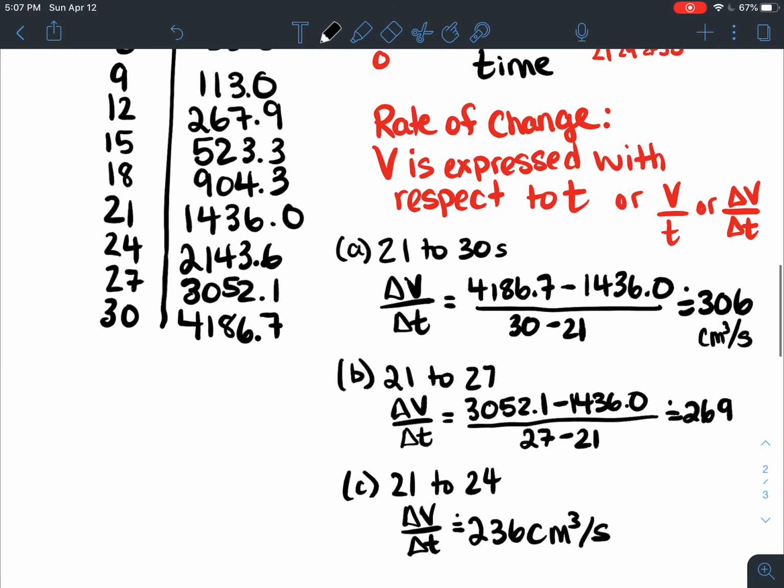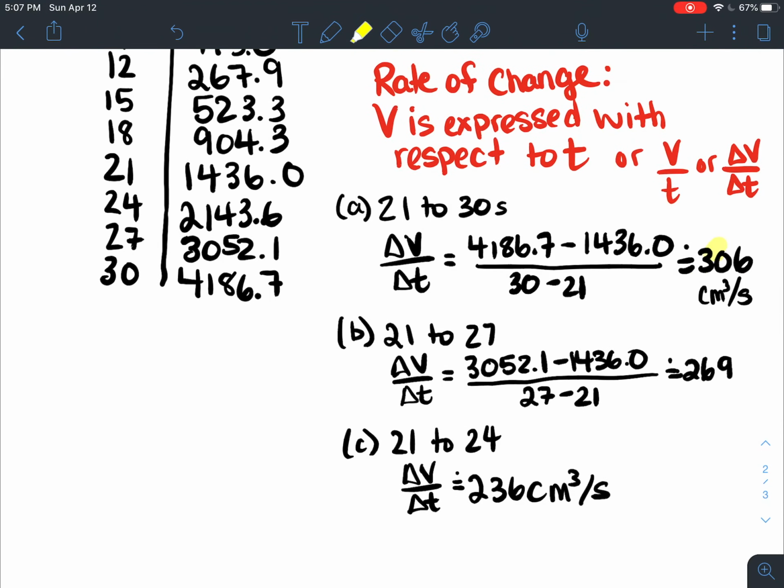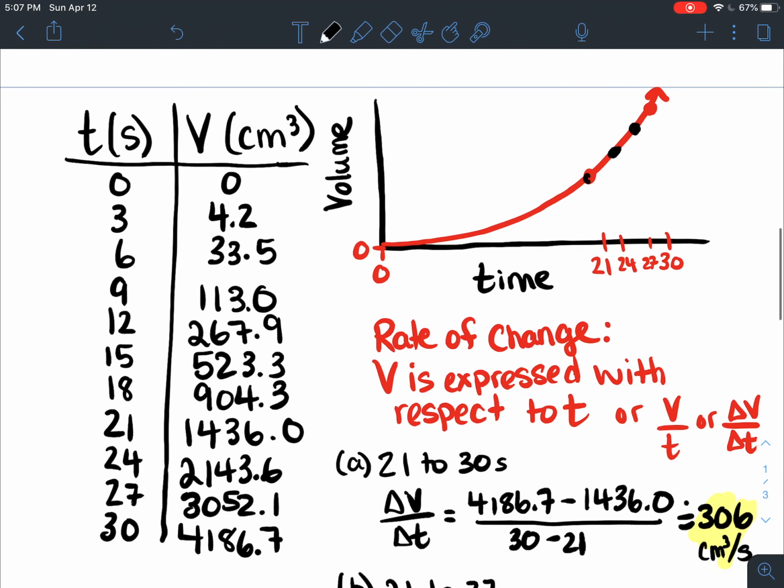So I've tried all of those average rates of change, and I've gotten these different ones. What if I wanted to approximate the rate of change only at 21 seconds? I want to know specifically what the rate of change is going to be right at 21 seconds. Well, in that case, I would need to use a tangent line. For the average rates of change, I've been just using